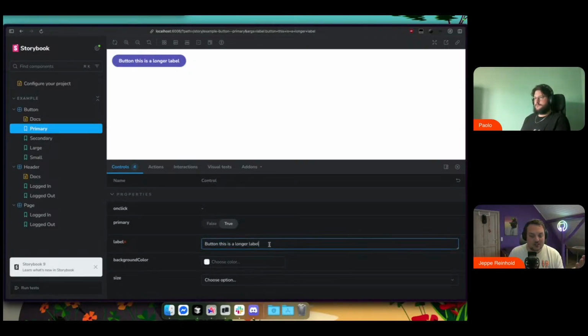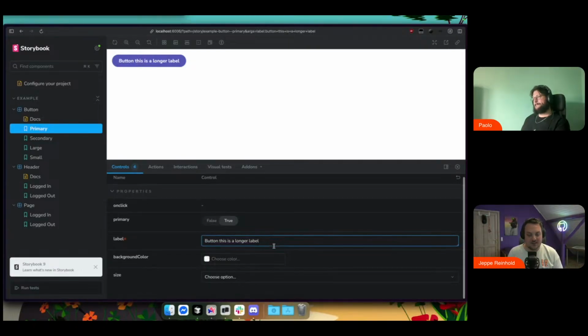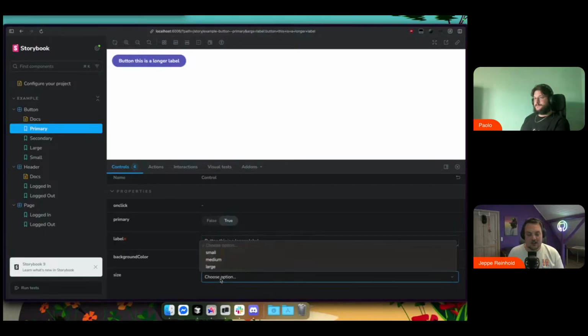And so what this does, I've seen now multiple times, is it catches people off guard because they have not written their components to be reactive, because they forgot to use derived or whatever. When they change this label, they're like, "Oh, why doesn't my component update? There's a bug in Storybook." No, you just didn't follow the reactivity principles. That's pretty funny every time we run into that. And people find bugs in their components, of course, because they use this. There's also enum support, so there's a small and medium and large button,